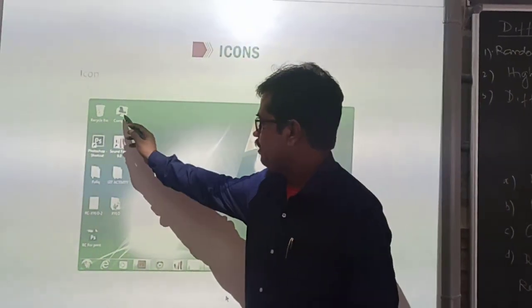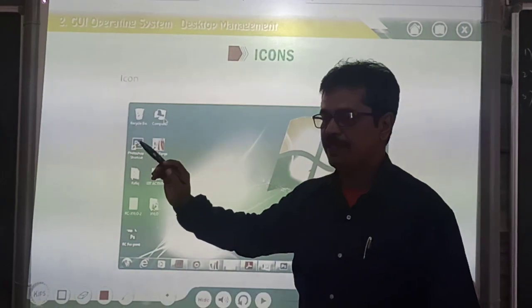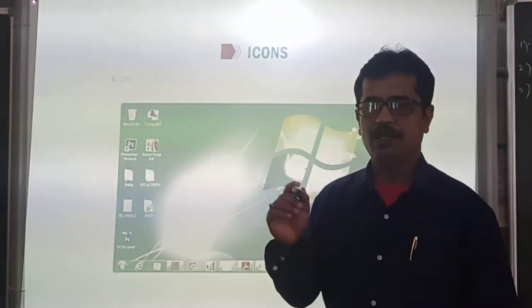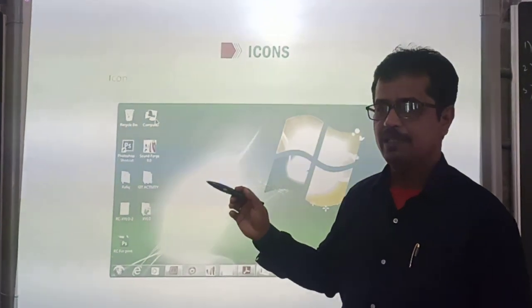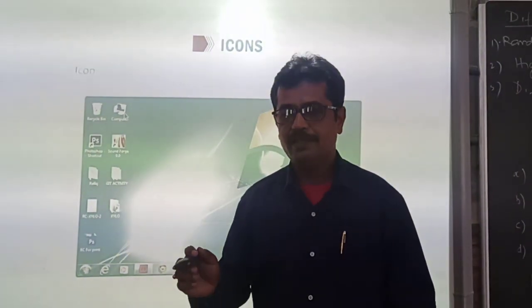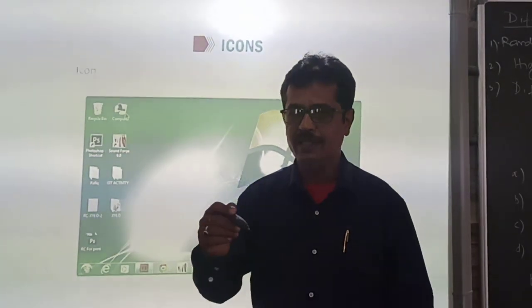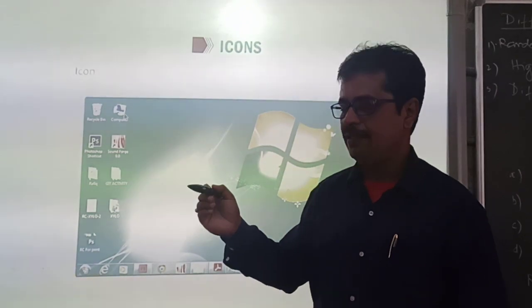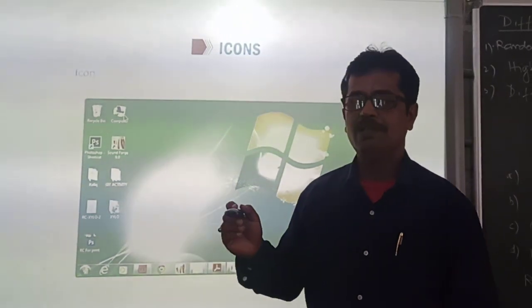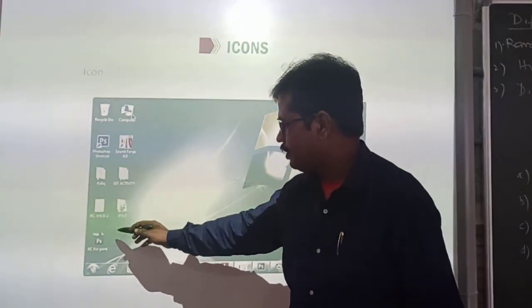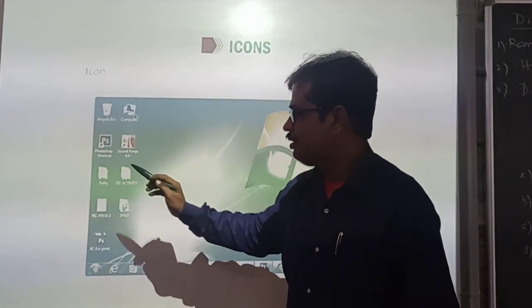Each icon represents a file, a folder or a program stored in the computer. So all the small pictures you can see are known as icons.